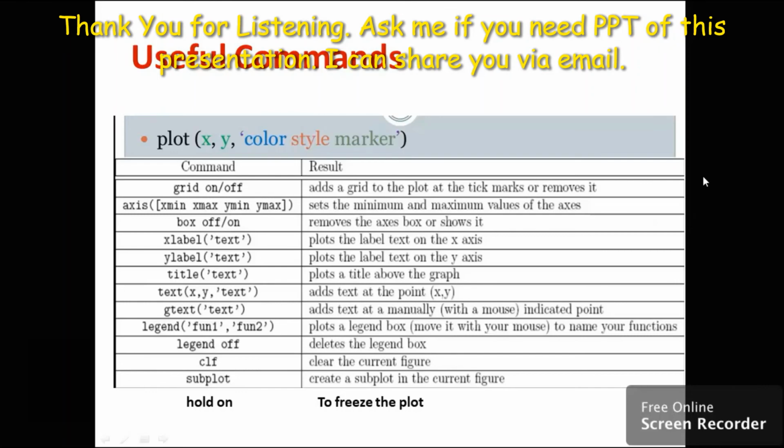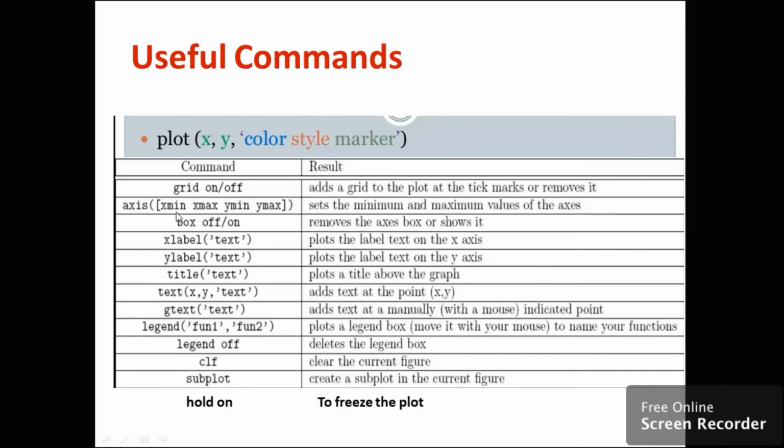Let's conclude the session. We can use the command plot with variable x, variable y, and these are the line specifiers for plotting the continuous function. If you want to plot the discrete function, you can use the command stem. Similarly, these are the other commands which will be really helpful for plotting functions with the help of MATLAB. Grid on. If you want, you can turn off the grid by using grid off. Similarly, axis: if you want to turn on axis, you can use axis equal, axis minimum. Everything can be done. Similarly, box on and off are also possible.